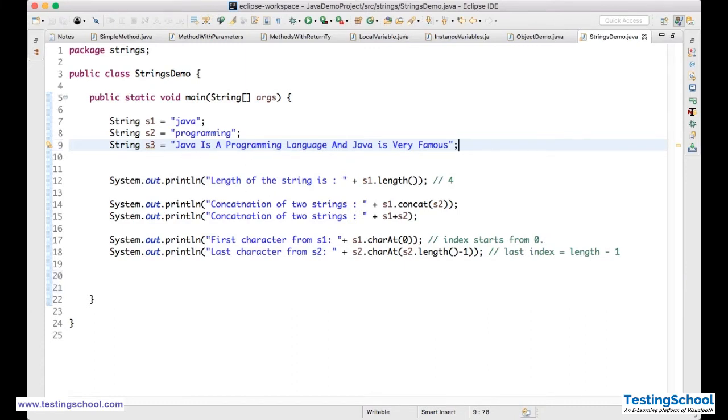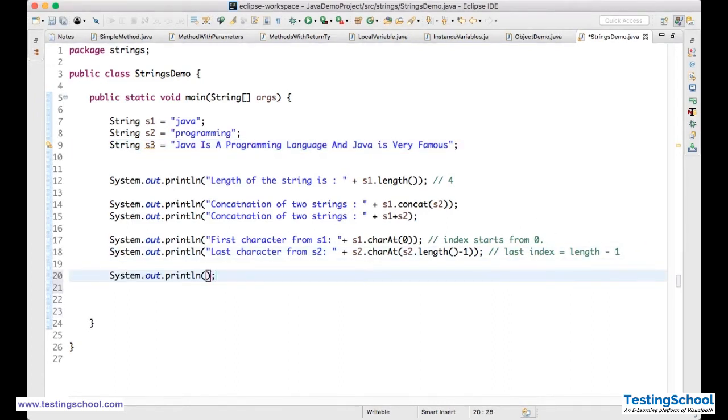Okay, so here what I need to do, I'll use one more method, contains. Contains method. A particular string contains a substring.